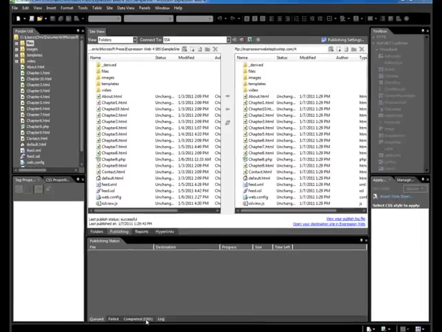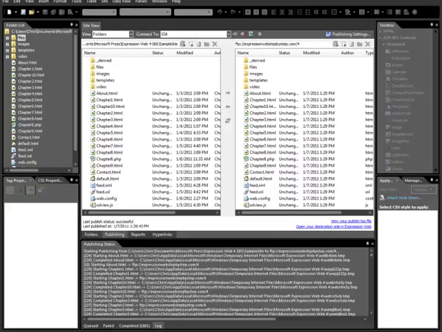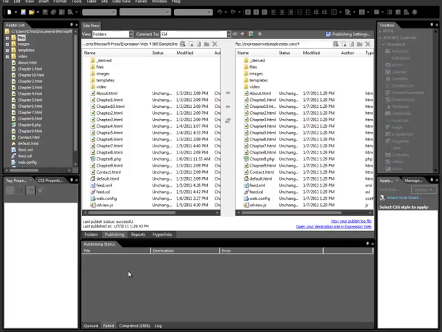Okay, the publishing operation is completed. You can see that we have 1801 files that have been moved, marked under the completed tab. On this tab here, you can also view the log. This is very similar to a log you might see in any other FTP program. The failed tab is empty, and the queued tab is empty. So what we have is a successful result, which it echoes up here. Last published status successful. Now, you can do the options of view your published log file or open your destination site in Expression Web. What I'd rather do is click that